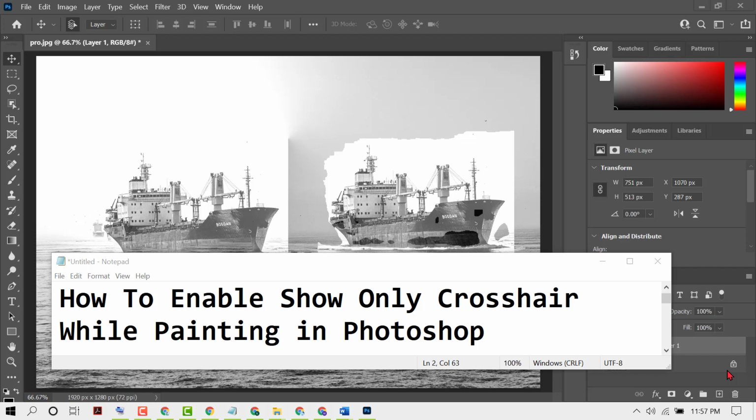Hello friends, in this short and quick video, I'm going to show you how to enable show only crosshair while painting in Photoshop. So guys, if you need to enable and turn on show only crosshair while painting, you just need to click on Edit,